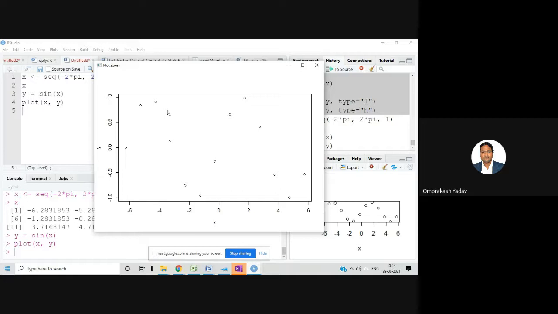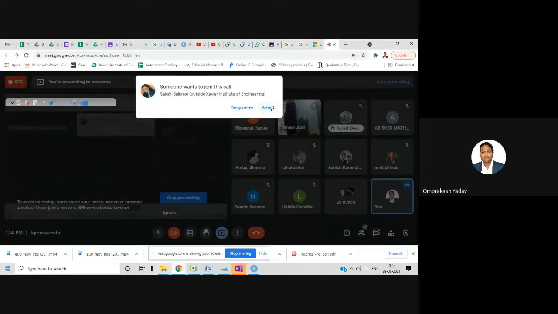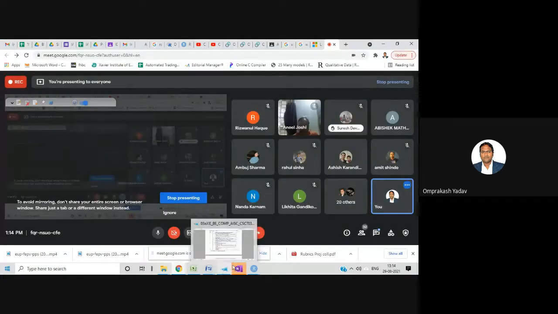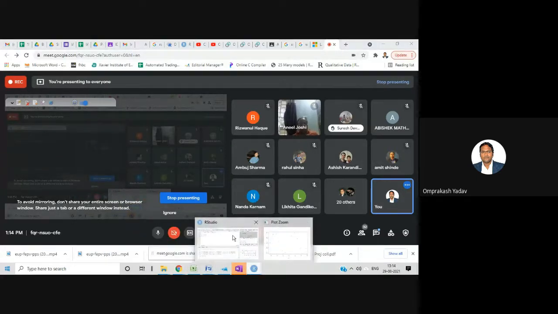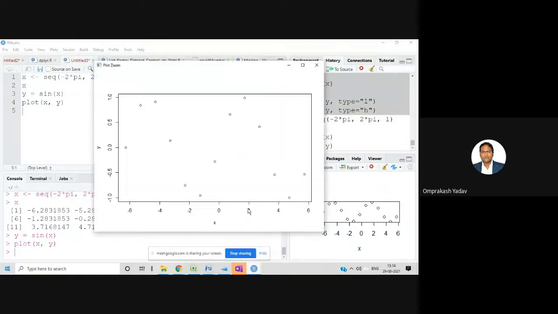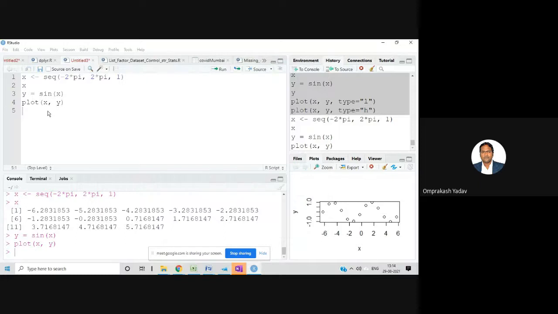When we go to the visualization part, we will see there are lots of parameters involved, and we can change them. There are a number of parameters which we will be dealing with. A full entire one day session is there on that, so don't worry about that. Again, we'll be coming across all these. So with the help of plot, you will be able to plot it.